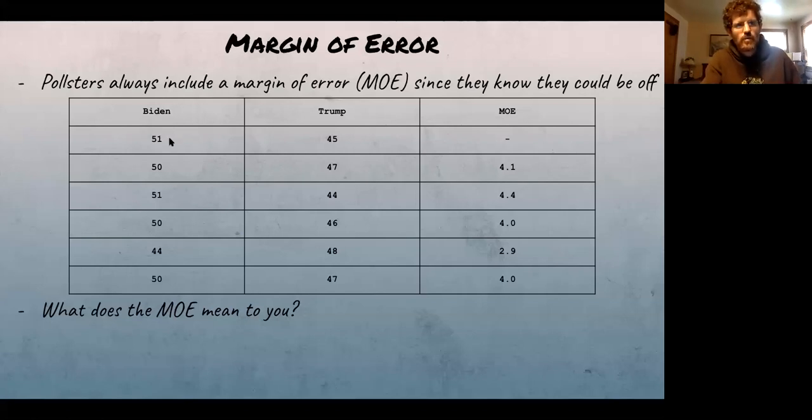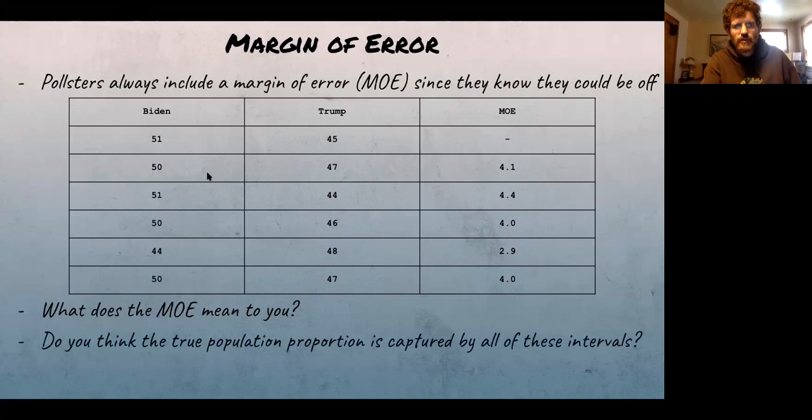So of course, let's go with the second one because this one actually has a margin of error. They got 50%. Is it going to be exactly 50% voting for Biden? Maybe, maybe not. But when they show a margin of error of 4.1, they're pretty darn confident that it's not going to be like 60% instead. They're pretty sure it's going to fall within 4.1% above or below. And we'll talk about what that means as far as pretty sure. That'll be part of our conceptual discussion today. Again, we're not going to do any calculations with it.